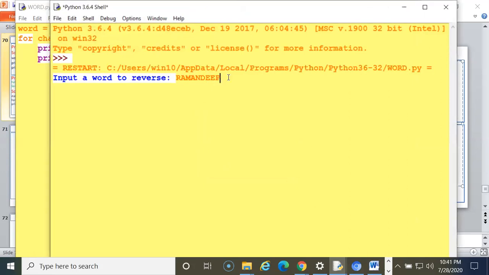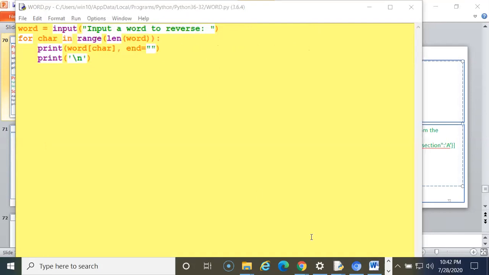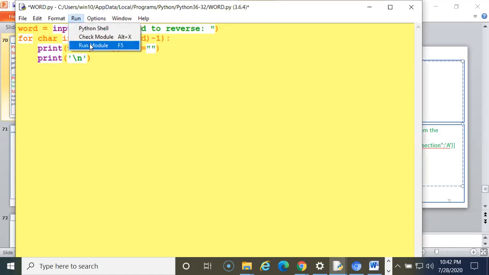Ramandeep I have written, then what happens? It also prints Ramandeep. See, not in reverse form. It is printing but not in reverse form. So if I am applying the minus 1, minus 1, it will print the value in reverse.